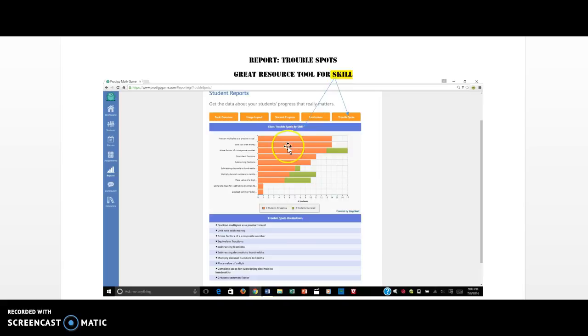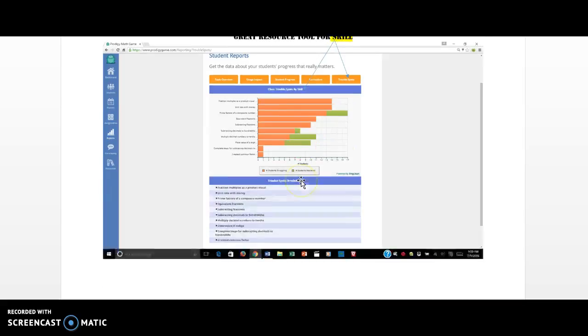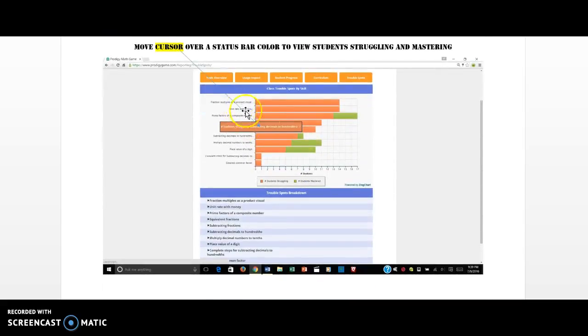So if you hit trouble spots, you can see that students struggling are in the orange area and the students that were mastering is in the green area. And you just move your cursor